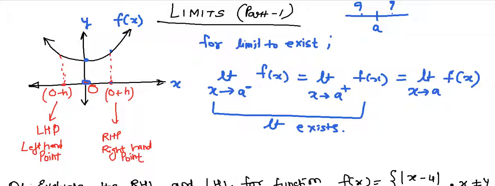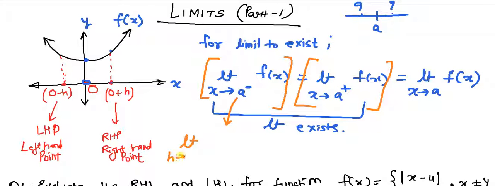This is very important. How are you going to solve it? Solving this part is very easy. I'll let you know how. You'll take the limit h tends to 0. Remember, whenever there's a negative symbol here, a negative, f of x, then you'll say the limit h tends to 0. You're considering this point in the negative direction. So you'll say limit h tends to 0, f of a minus h.